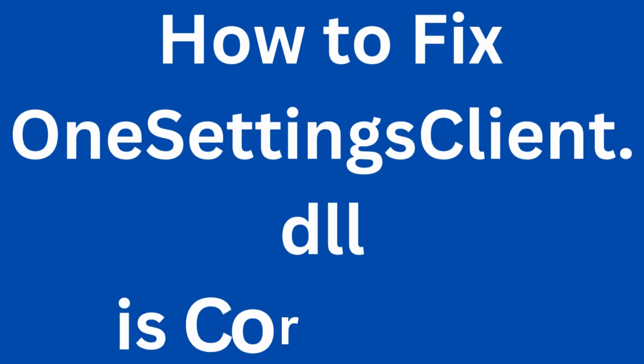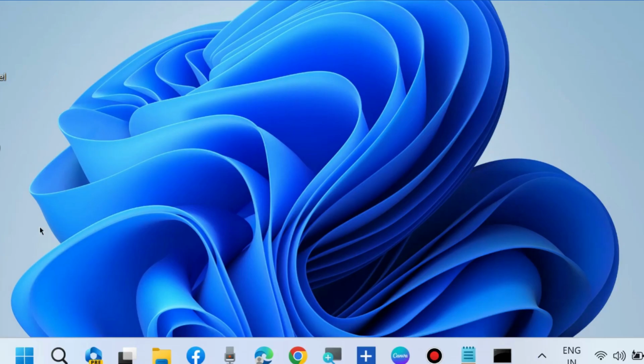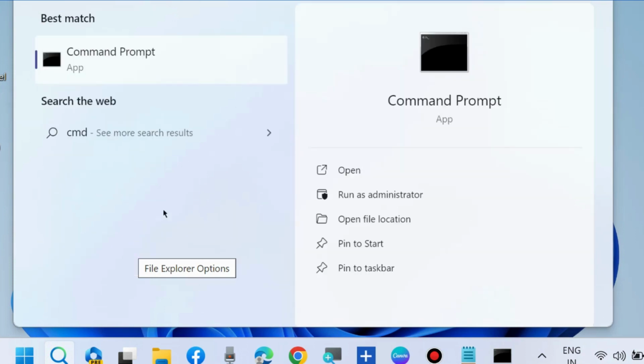Hello guys, how to fix OneSettingsClient.dll is corrupted error in Windows 11 and Windows 10. And to fix this issue, the first workaround is go to Windows search, type CMD and open command prompt Windows